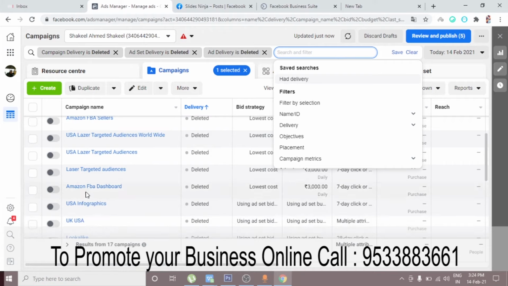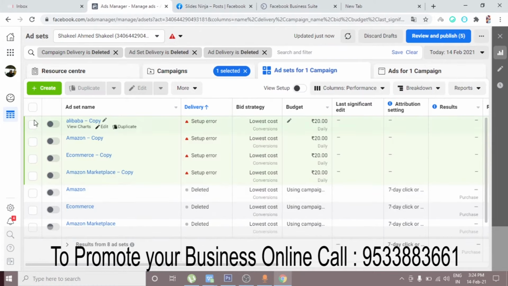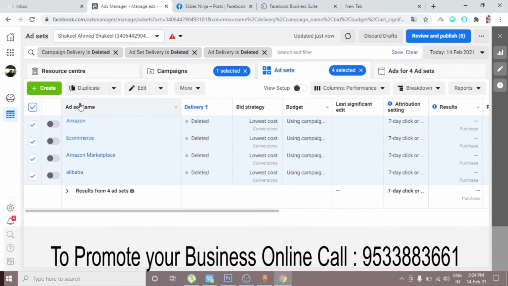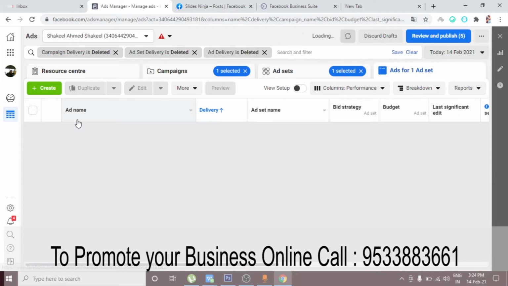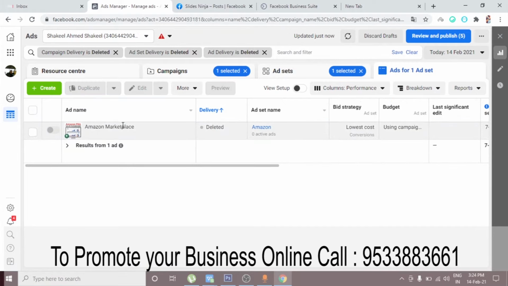So this is the campaign, I'm selecting this, and this is the ad. Now you are unable to add it to one of the ad sets as we did before. So same thing, you have to select here and then click preview.